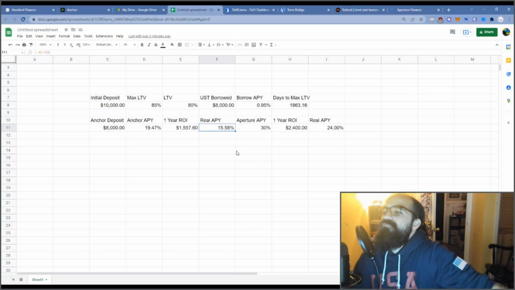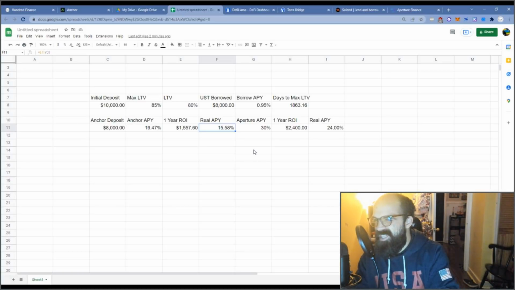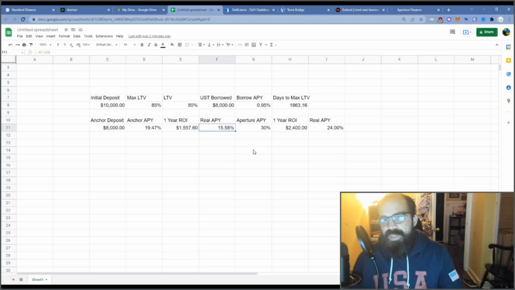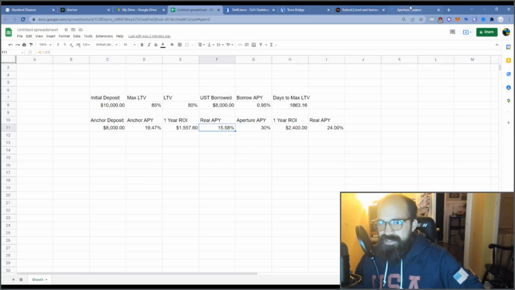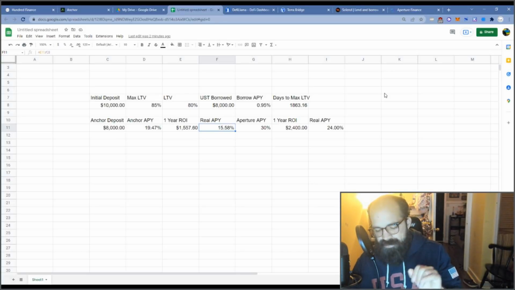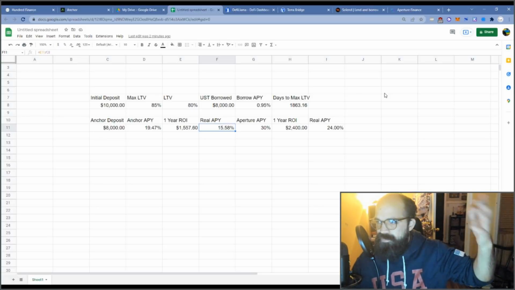Now, if you are short on UST, and you want that protection, but you want more yield, maybe even do a little better than Anchor, but you don't want UST long exposure, you could utilize Aperture Finance. There's another protocol called Blocker, BLOKKR, that's coming out. I'm still looking more into it because they're also doing something similar. But effectively, this is the Anchor, Mirror, delta neutral strategy automated.